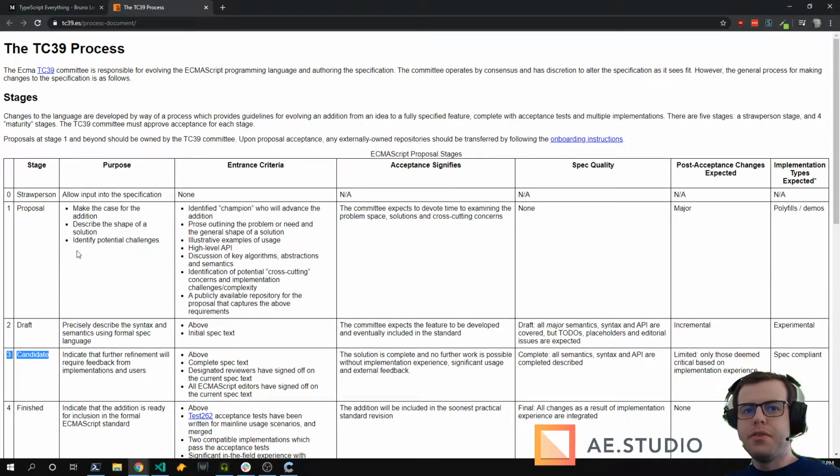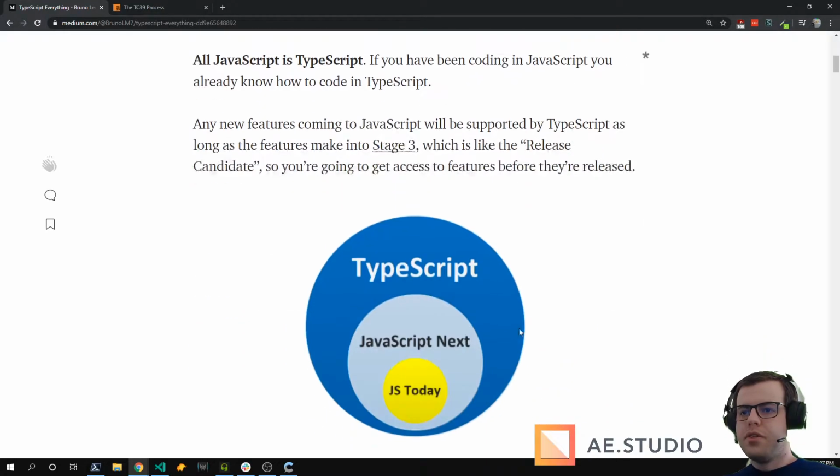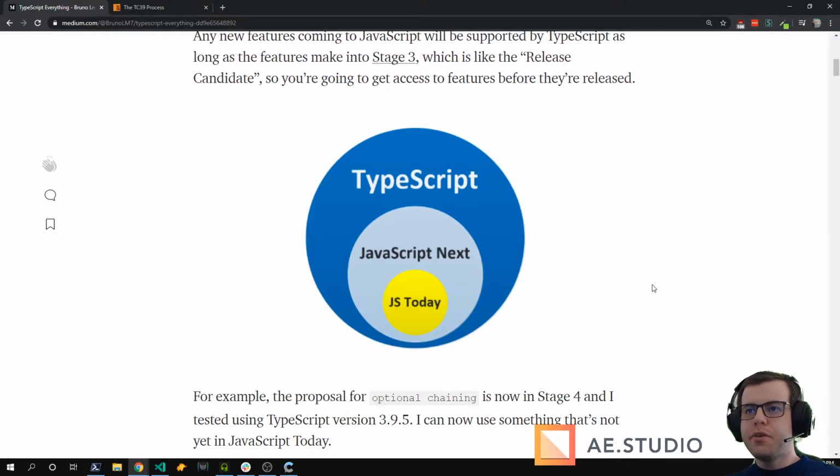But before it even finishes being a thing for JavaScript, you can already use that in TypeScript. So basically with TypeScript, you can execute the JavaScript next, which is going to be the next things coming to JavaScript, and you have everything that JavaScript today has. So you have more things, and you don't have to worry.